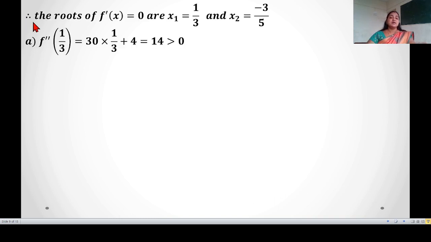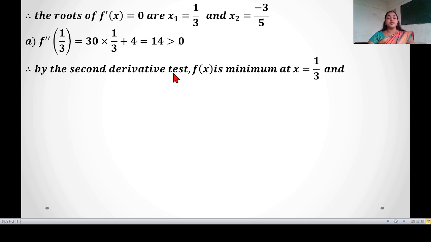So next, the roots of f dash of x is equal to 0 are x1 is equal to 1 by 3 and x2 is equal to minus 3 by 5. Now next step, we can find f double dash of c. So f double dash of 1 by 3, where x is replaced by 1 by 3, is 30 multiplied by 1 by 3 plus 4. Now simplify this, we get plus 14 which is greater than 0. So by the second derivative test, f of x is minimum at x is equal to 1 by 3